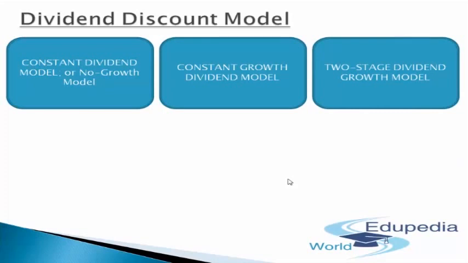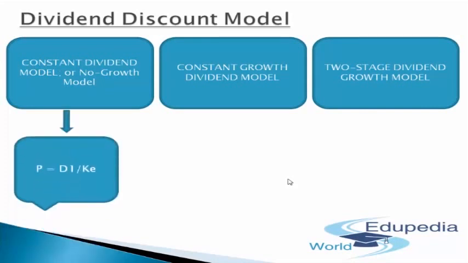So first of all, let's start with the constant or no growth model. This is a model which is generally used by companies which have already settled in their particular segments, their spaces. These are the large honchos who expect that they have already reached a peak level and now there will be no growth in their areas. So they resort to this kind of dividend distribution model wherein they provide only a constant dividend.